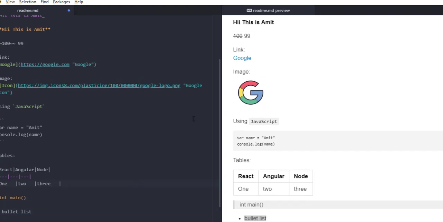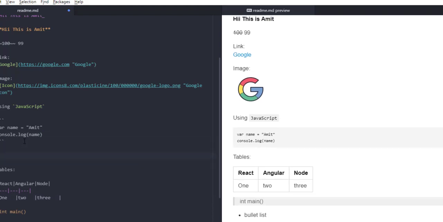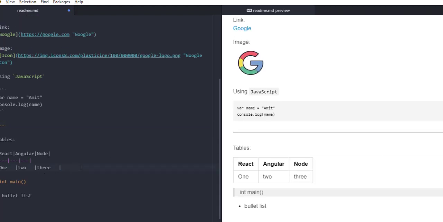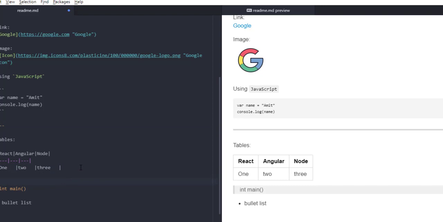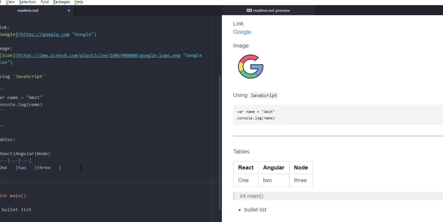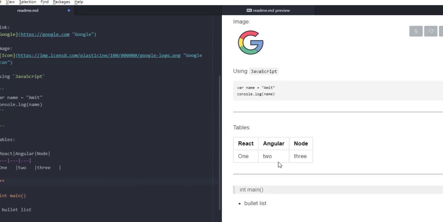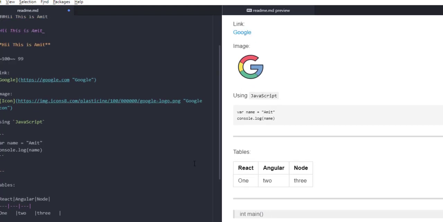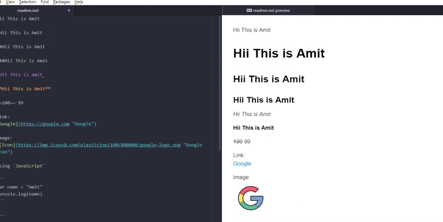Now the last thing which I want to say is a very simple thing. If you want to give a dash, you can just use this one. You can see a dash has been created. Again, if we want to give a dash, another way is triple asterisk. You can see the same thing, the dash has been created. So this was all in this video. Thank you for watching the video.